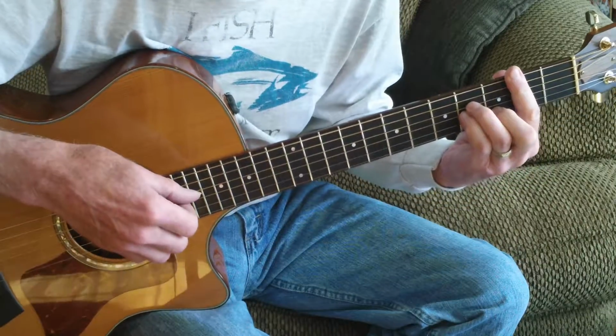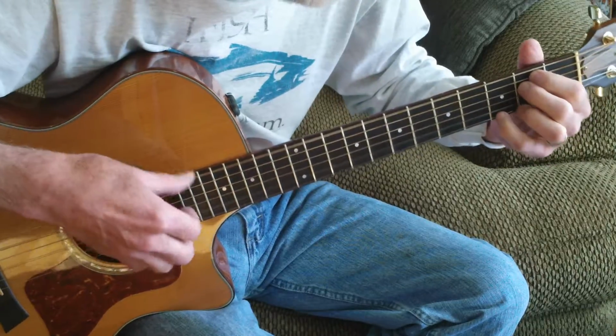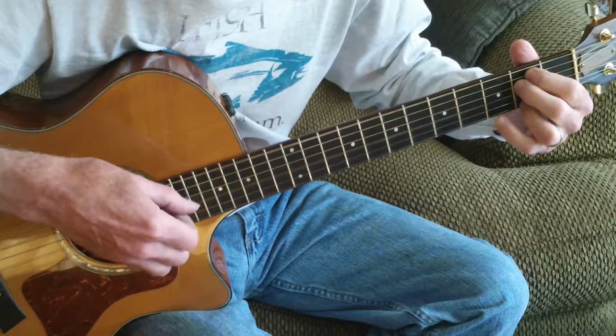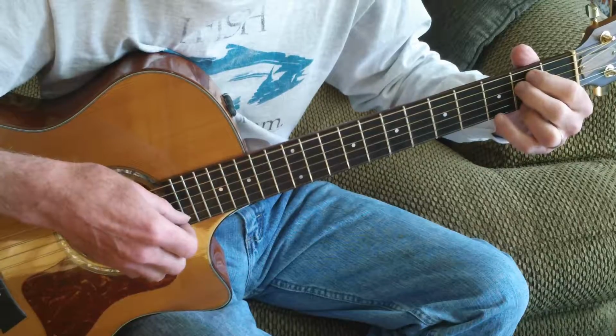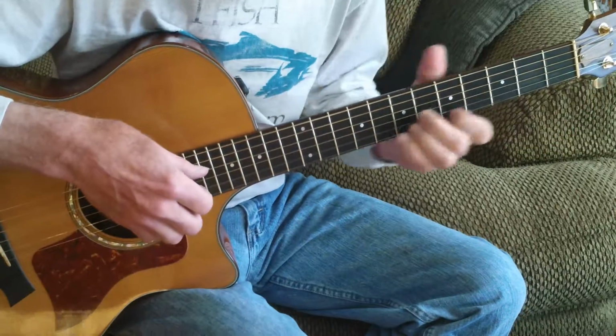And then to the E minor with that melody on the first string, third fret, little finger. And then you drop down to the second fret with your third finger to catch that F sharp, and then back to the G, and then to the D. And this is